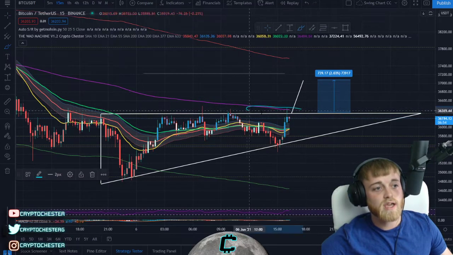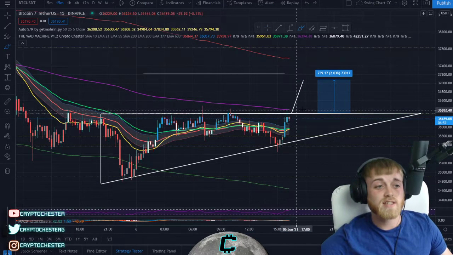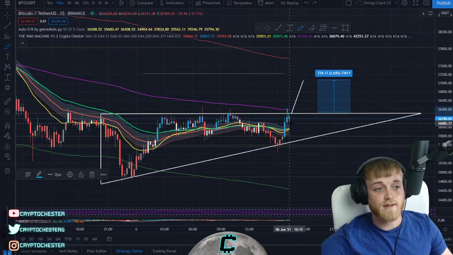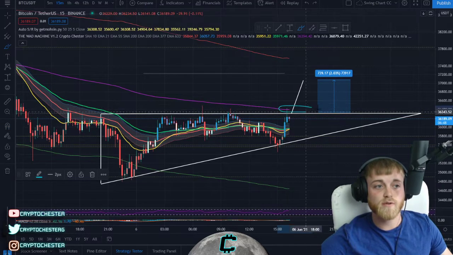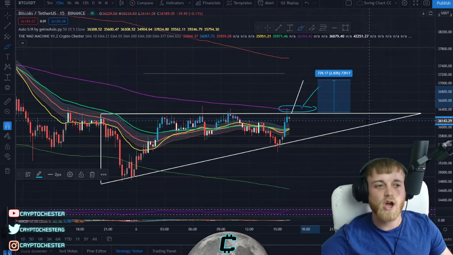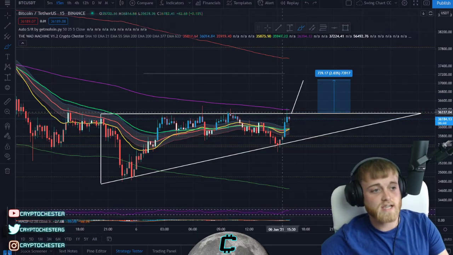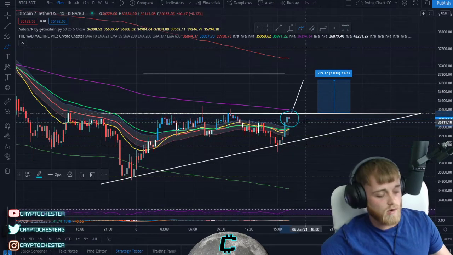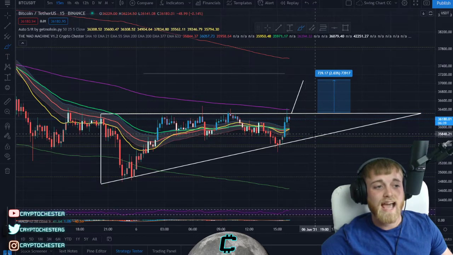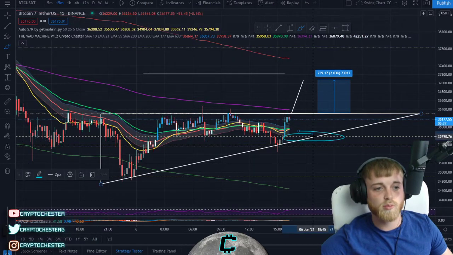And obviously, we do have this 200 moving average here that it's likely that we are going to find. As you can see, we have found a bit of resistance off that as well. So if we do find a level of support, it's basically an indication that we are going to go up from there. So that's definitely something to consider, guys. But yeah, if the resistance does carry on playing out, I would be looking at the price to come down and test this horizontal support point at that 35,790.